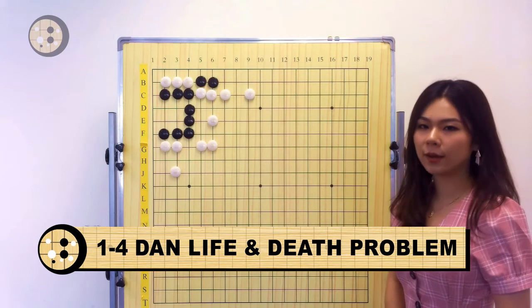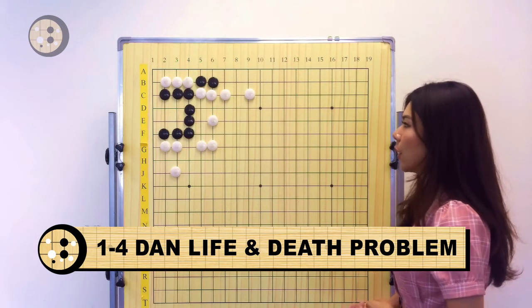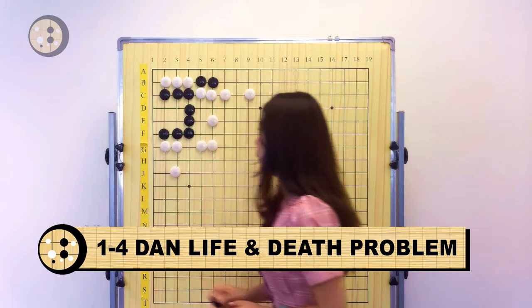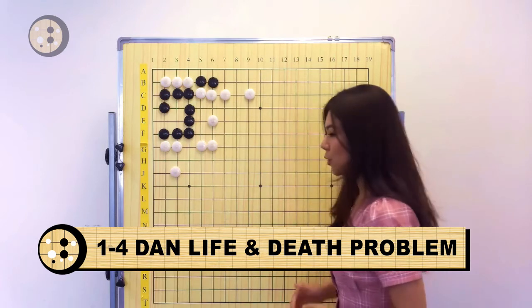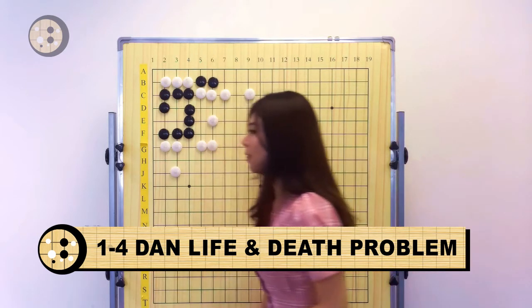So the vital point is eventually black needs to take advantage of the corner right here, the liberty over here, to make this group alive. So where is the vital point? It's right here. So let me show you what's going to happen if white tries to kill this group, and then I will